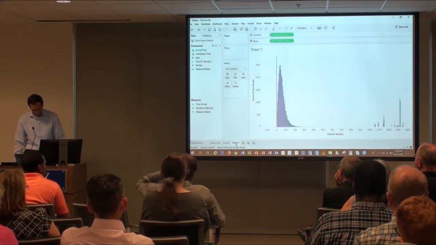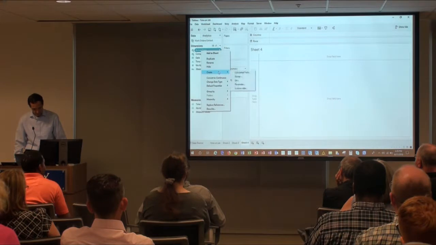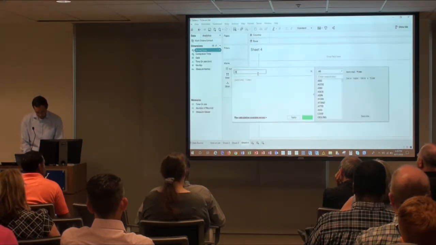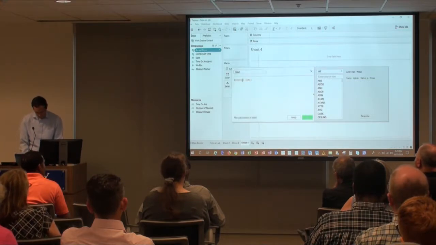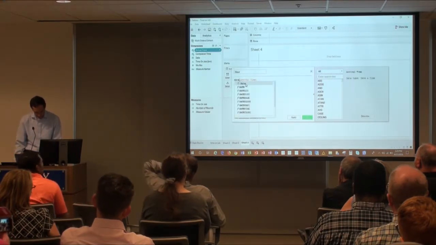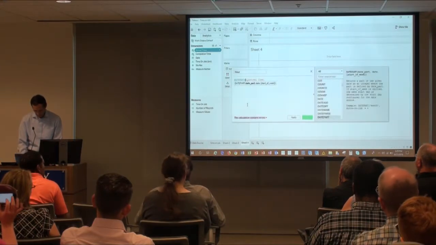So let's look at another sheet. Let's look at when we're arriving on these jobs. I'll do a calculated field, and I'm going to call it hour, to study the time of day that we're arriving. For this, we can use date part, because I only want the hour.